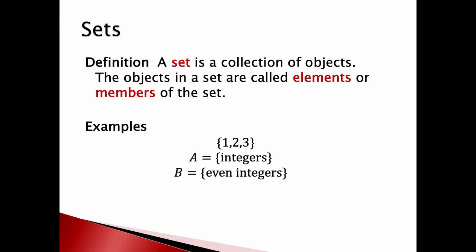B would be even integers. Now, even integers, remember, can only, even numbers are only ever positive. So this cuts us down to numbers like 2, 4, 6, 8, and so on. For notation, we'll write x and then this, well, looks like the such that symbol only backwards a little bit, right?